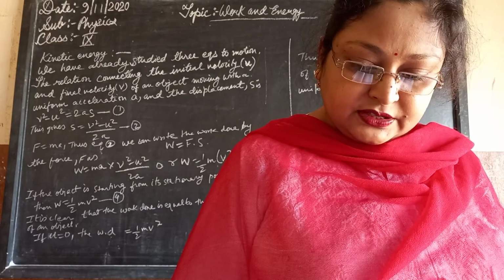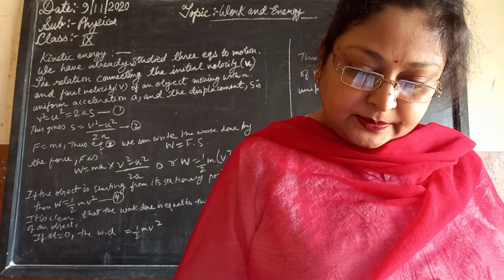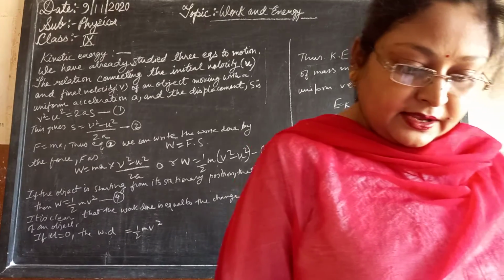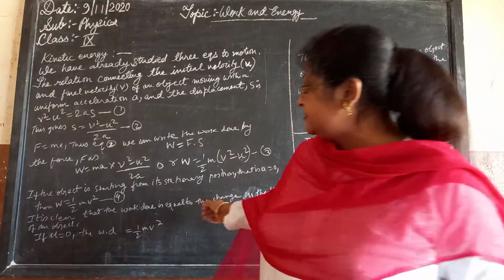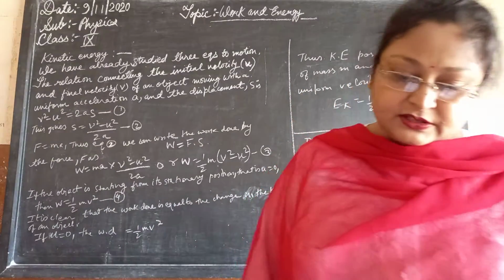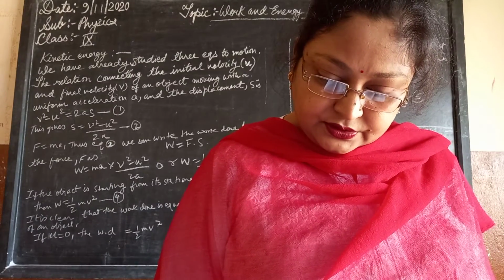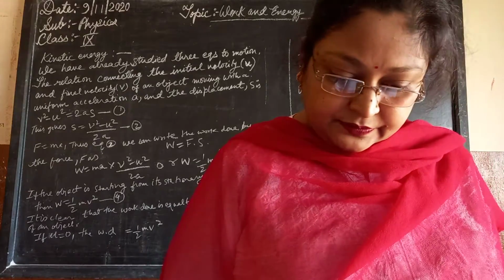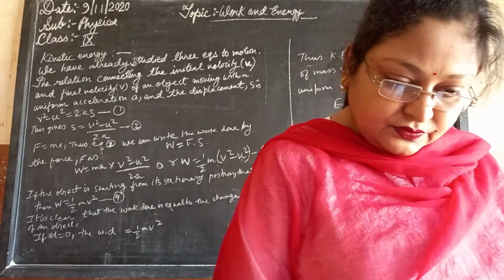So you can use this particular equation for the kinetic energy when the velocity is doubled. Okay, so use this particular equation. This particular equation is very important for the kinetic energy value. You can directly use this particular equation, and we will move on to the next questions which are given.